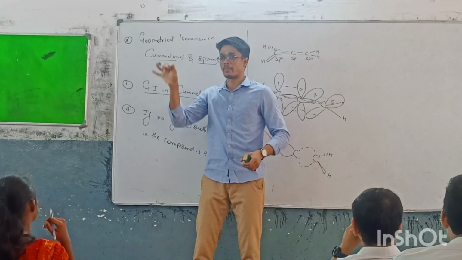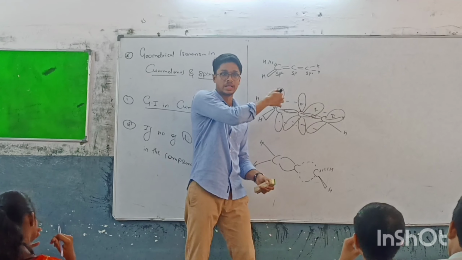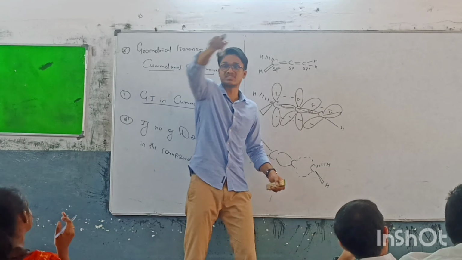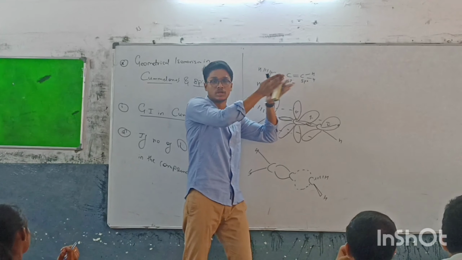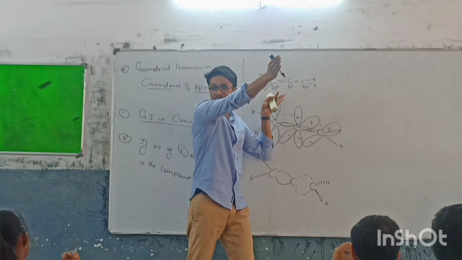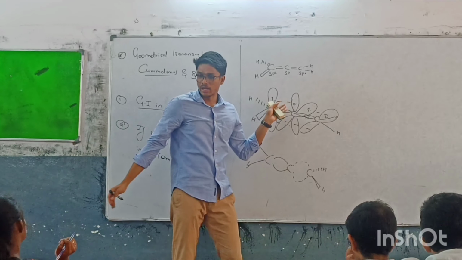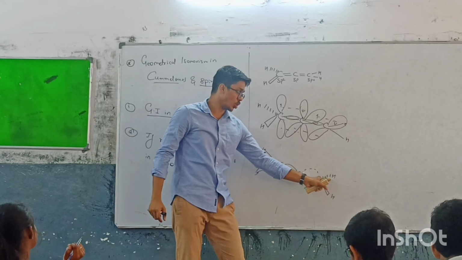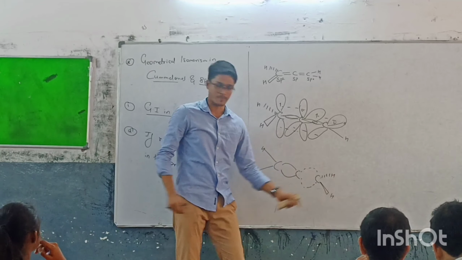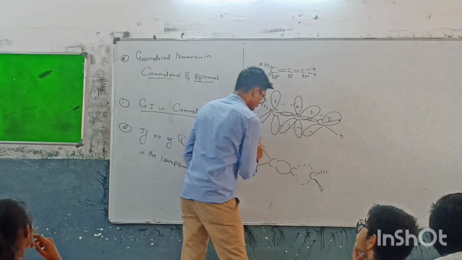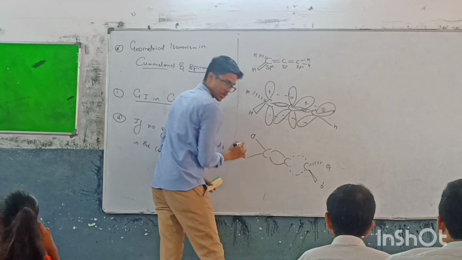One is forming a pi bond like this, so this is in the plane. This pi bond is in the plane, but the other pi bond is formed by the py orbital, forming like this. So the terminal atoms are such that one is outside and one is inside. One is coming towards you, one is going backwards. So these two atoms are not in the same plane, and it will not exhibit GI.